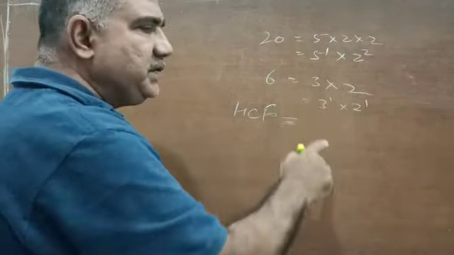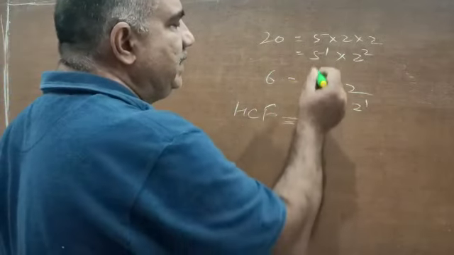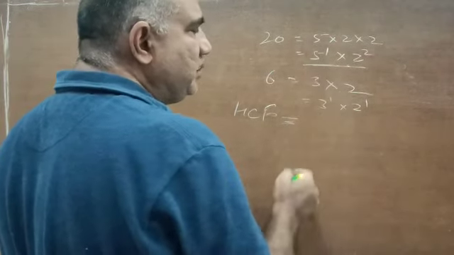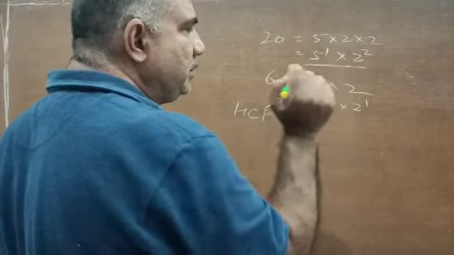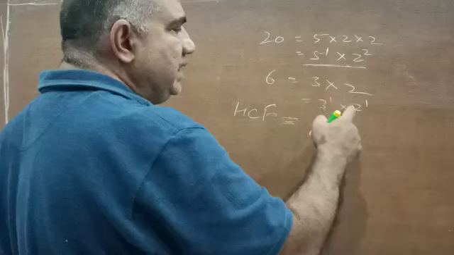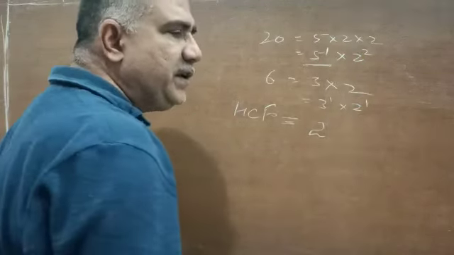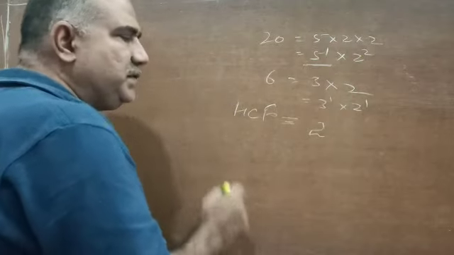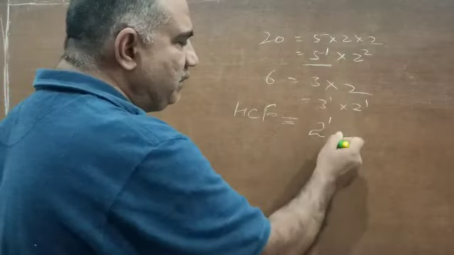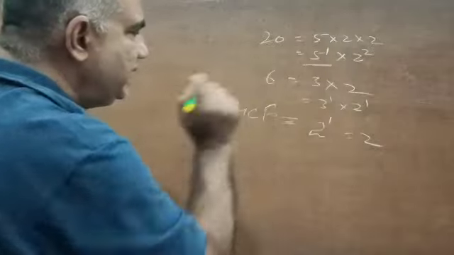Now our standard procedure that we have already discussed for finding out HCF is like this. Write down only the common factor. So here 5 is there in the factors of this, but 5 is not here. So 5 is not common. 3 is again not there. So 3 is also not common. So what is common? 2. And the second condition: you have 2 with power 2, and you have 2 with power 1 also. So which one to pick up? For finding out the highest common factor, you have to find the common factor with the least power. So that is 2 raised to power 1, or that is 2. So you can say 2 is the HCF of 20 and 6.